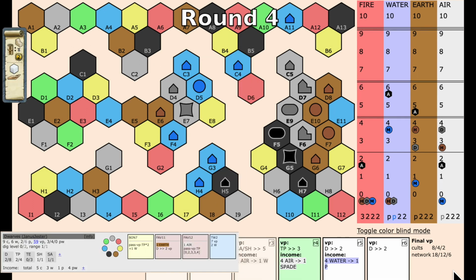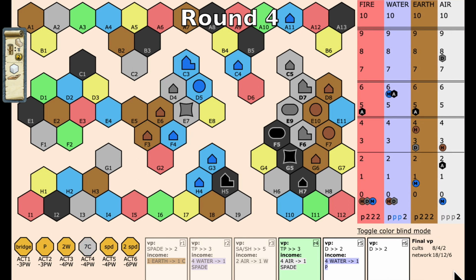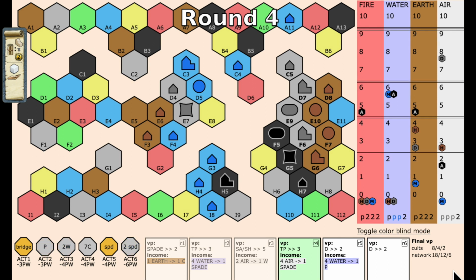Into round 4, and Janus Jester started the round with 6 workers and 9 coins. He also had 2 priests, and in his first turn and second turn, he sent those priests to the air cult, shooting him up to spot 8, so he will benefit from 2 digs from the cult bonus at the end of this round. After that, he took the 2 worker power action before building a dwelling on